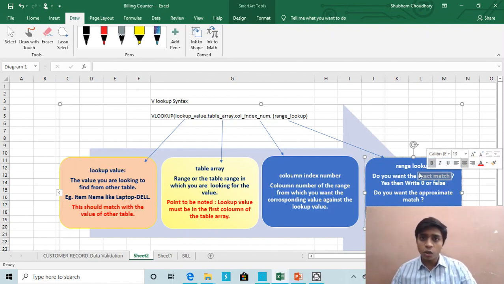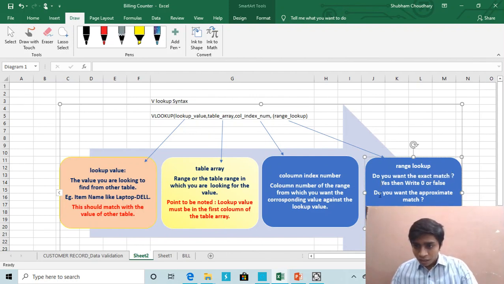The approximate option works only for numbers, for example if I have a number range, and we will see this in an example further. Do you want the approximate match?